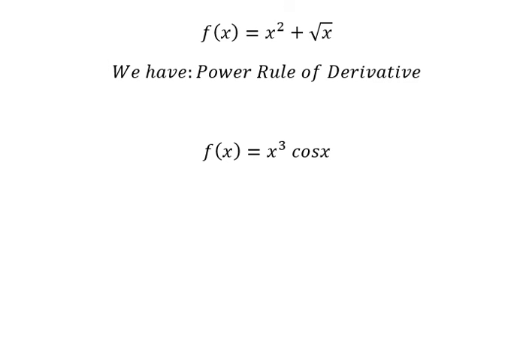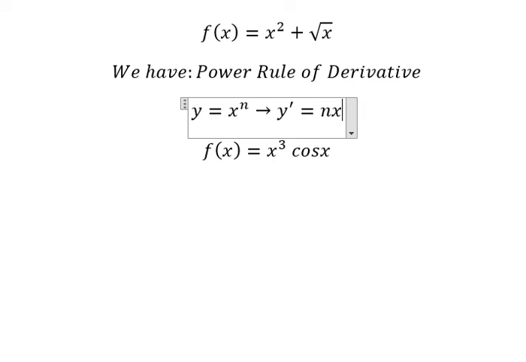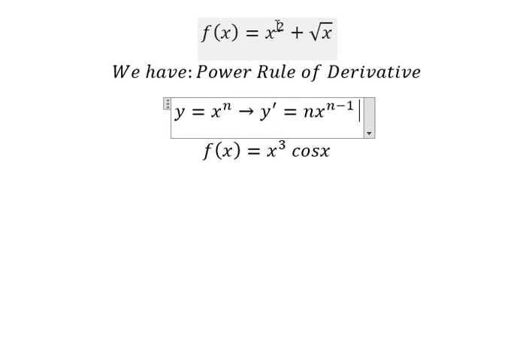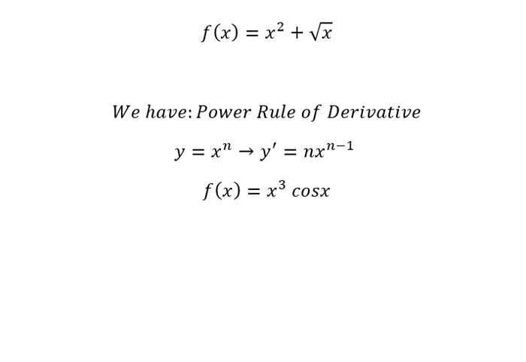So we have y equals x to the power of n. So if I do the first derivative of this one, we have nx to the power of n minus 1. So we apply this formula in here, and you get